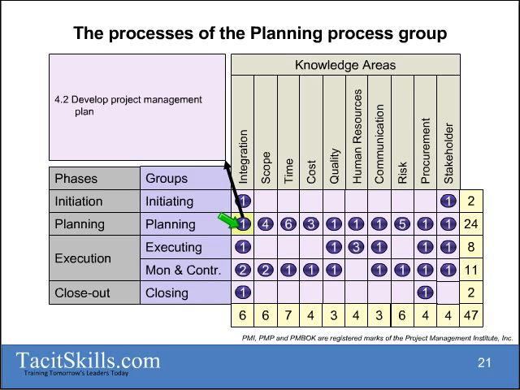So in doing my planning, I'm going to develop my project management plan. But I cannot develop this project management plan if I have not done the detailed planning for all my other knowledge areas. So I must have detailed planning for scope, time, cost, quality, human resources, communication, etc. And the end result of all that planning would at the end of the day be documented in my project